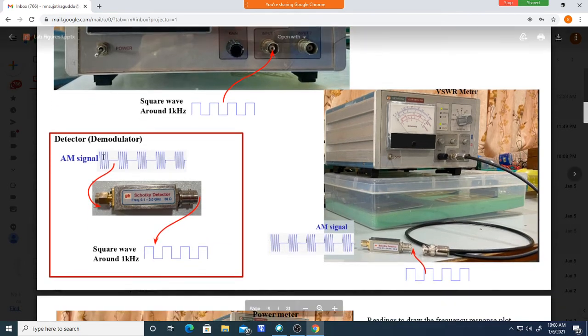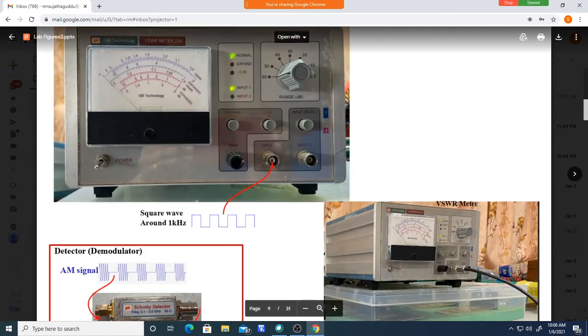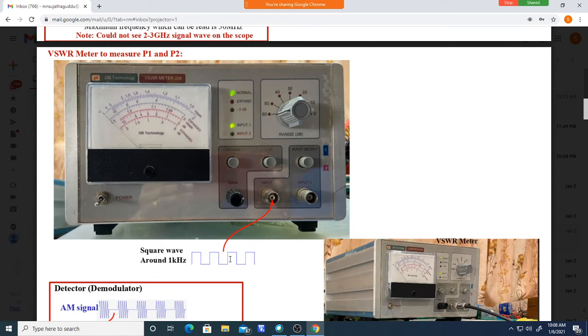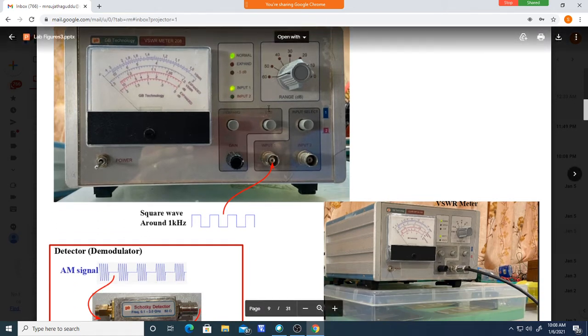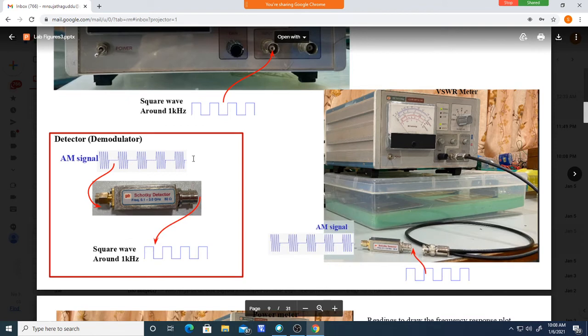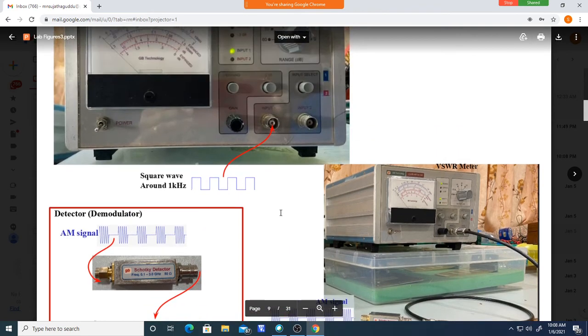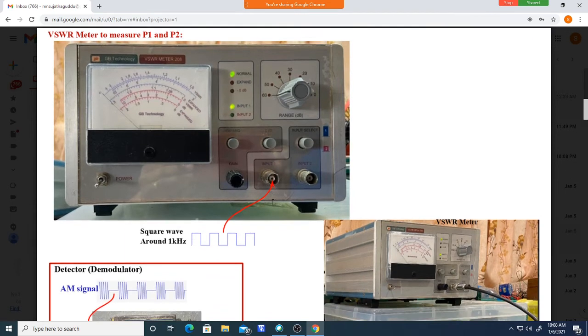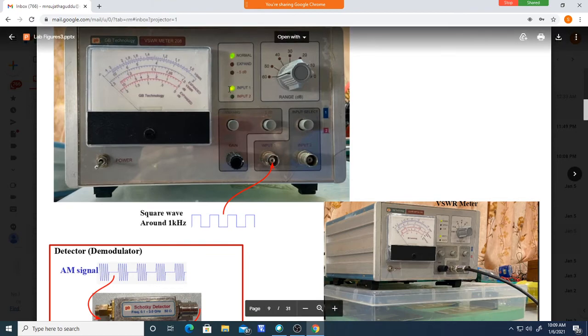That's why we take the signal and demodulate it, and the power of this is the same as the power of this. We have equipment that can give a power measurement of this square wave. So whatever power you measure here is the power of this one. Now how to measure power here? We are applying the square wave to this.